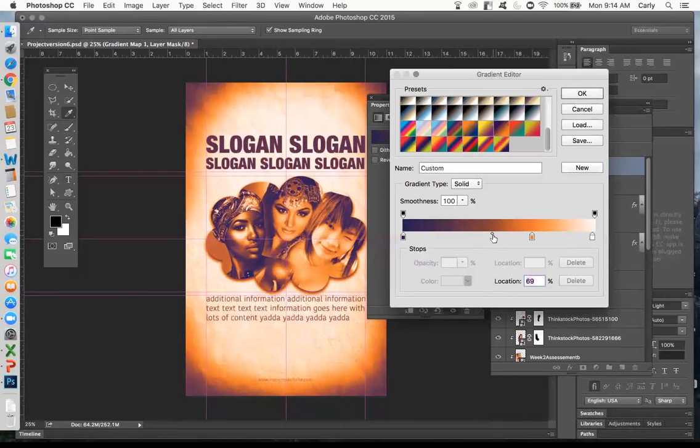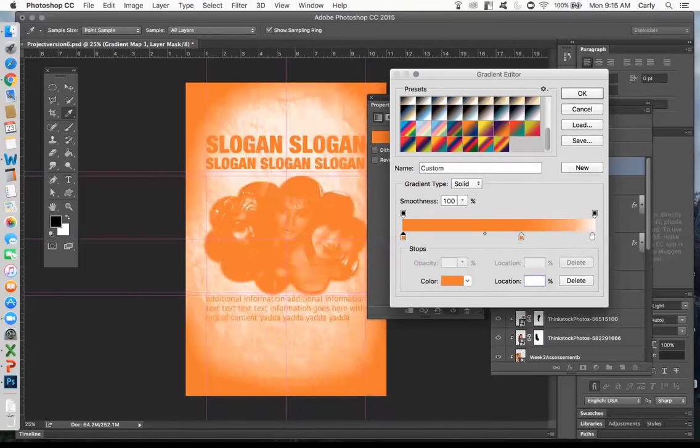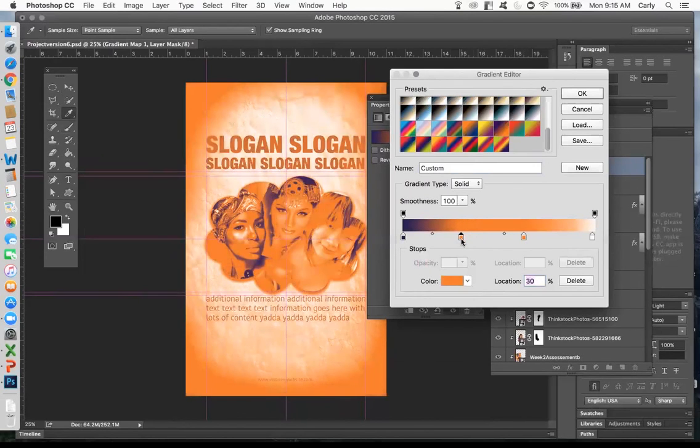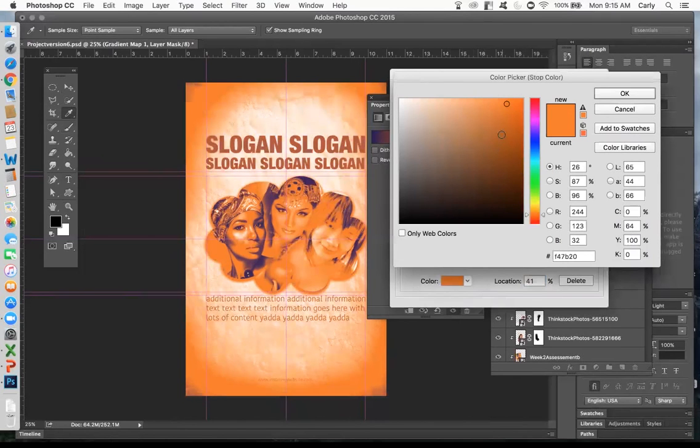Move our stops around. Choose a slightly